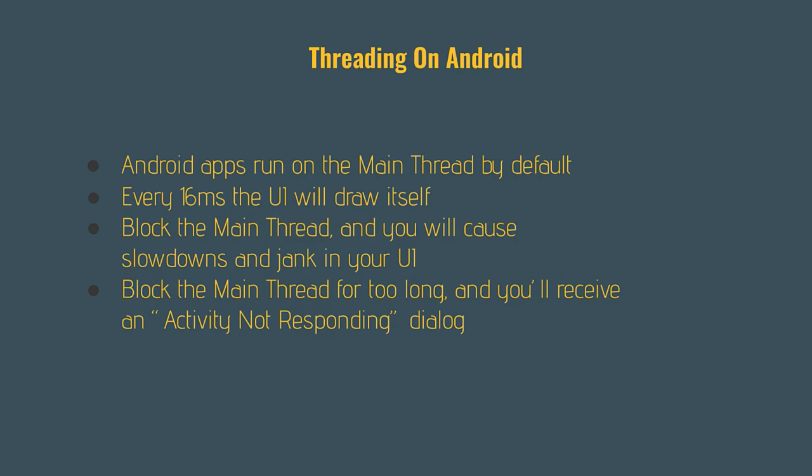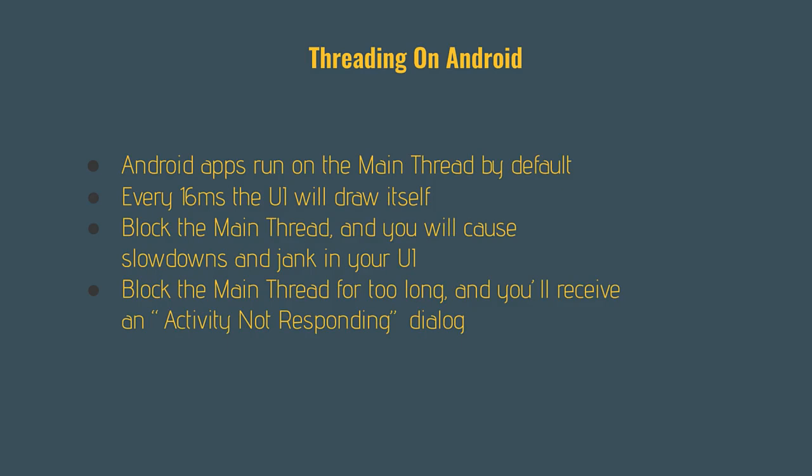Now in Android, this poses a particular challenge. Android apps run on what is called the main thread by default. That means by default, everything you do in your app runs on the same thread. So all of our activity onCreate function, onResume, onStart, everything we've been doing is all happening on the main thread by default. The challenge is that drawing the user interface also happens on the main thread. And to help ensure performance and smooth UI, that main thread is going to draw that UI every 16 milliseconds